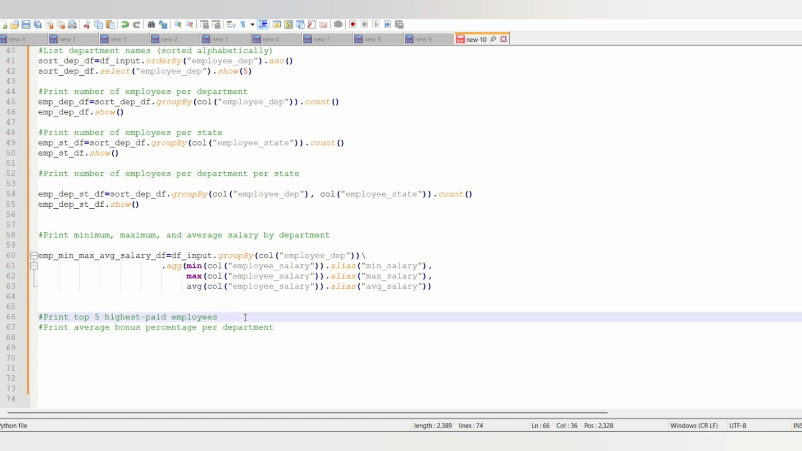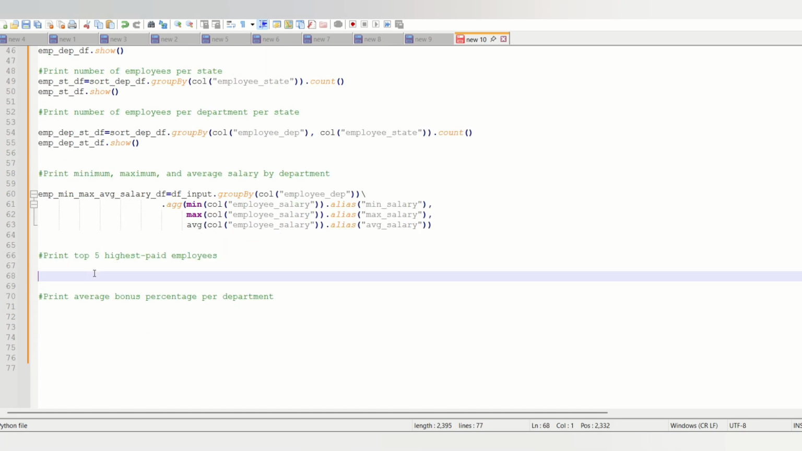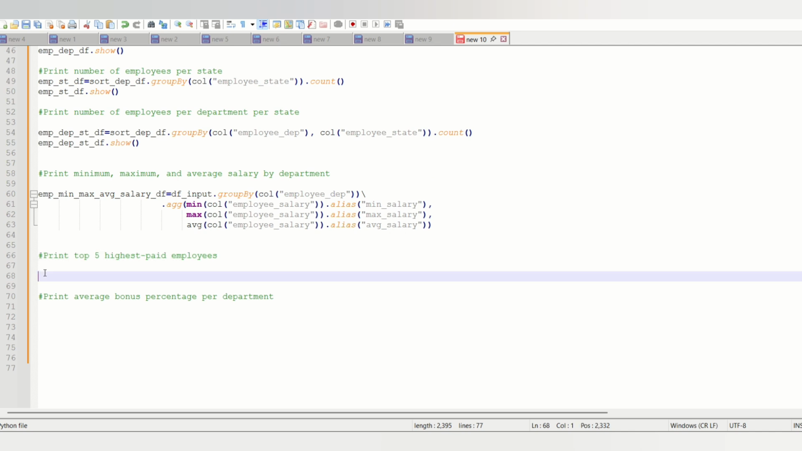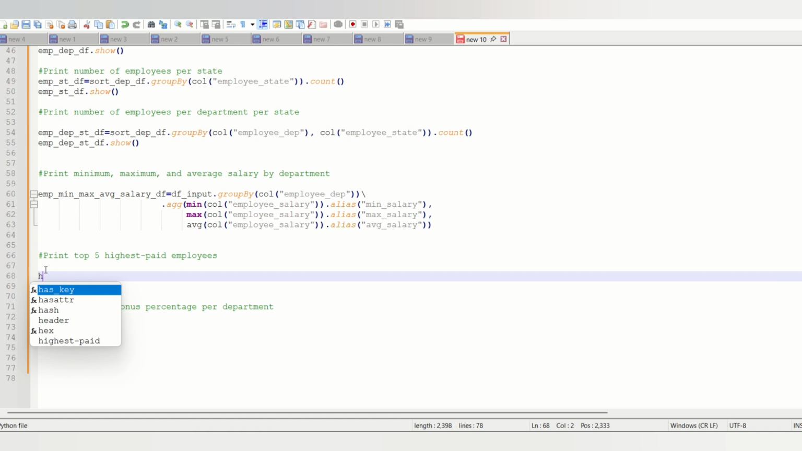Let's move to the second one. Print top 5 highest paid employees. It means they need the name of top 5 highest paid employees. So what we are going to do here, so in this case what I can do, list